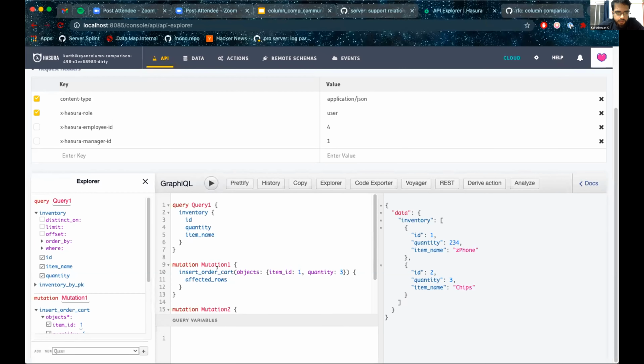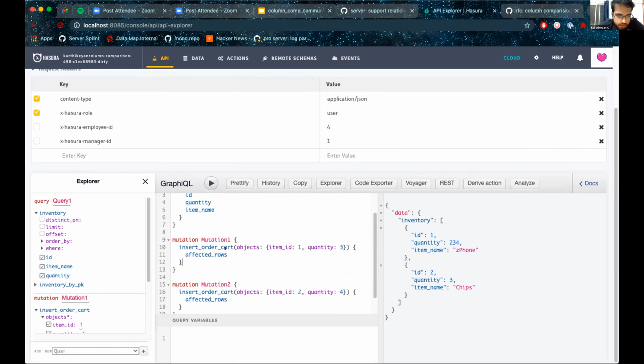So this is the mutation. This is the first mutation I'm doing. We see that item one has quantity three, and there is much more than three in stock, so this should go through without any errors.